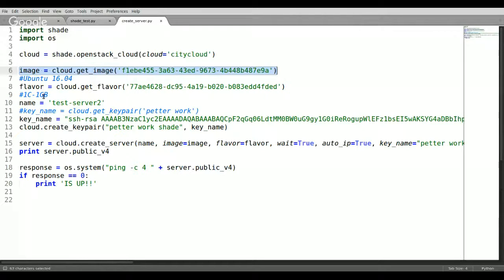Next part is we are giving it a flavor, and by that we mean how many cores, how many gigabytes of RAM. In this case, we have a flavor, and that is 1 core and 1 gigabyte. I haven't added information about it, but the default system disk size is 20 gigabytes. So that is the total amount of data you will be able to store on this server. We are calling it